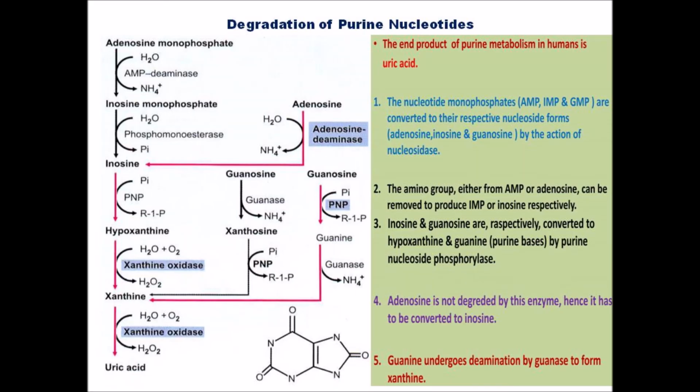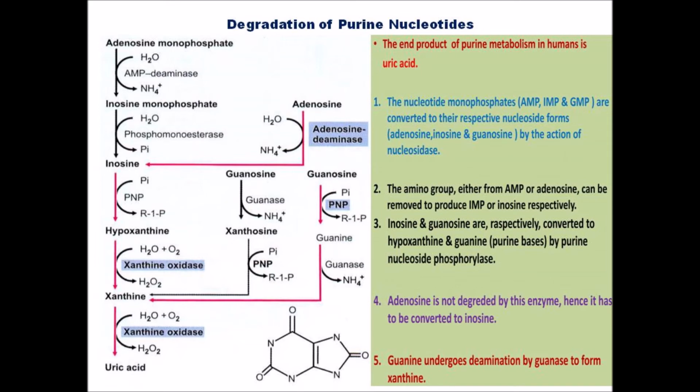How does degradation of purine nucleotides occur? The end product of purine metabolism is uric acid. The nucleotide monophosphates, that is adenosine monophosphate, AMP, inosine monophosphate, IMP, and guanosine monophosphate, are converted to their respective nucleoside forms, that is adenosine, inosine, and guanosine, by the action of nucleosidase. In the second step, the amino group either from AMP or adenosine can be removed to produce IMP or inosine